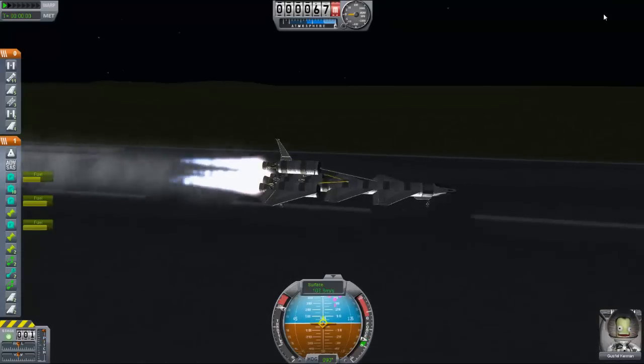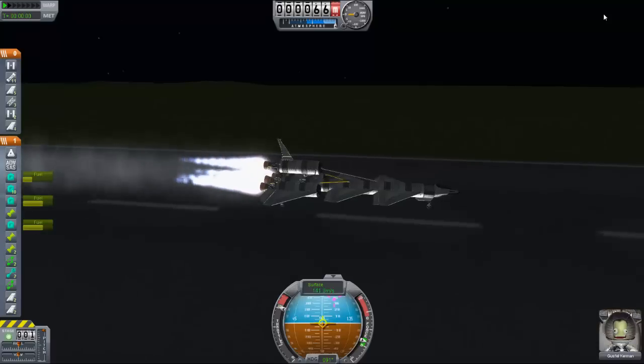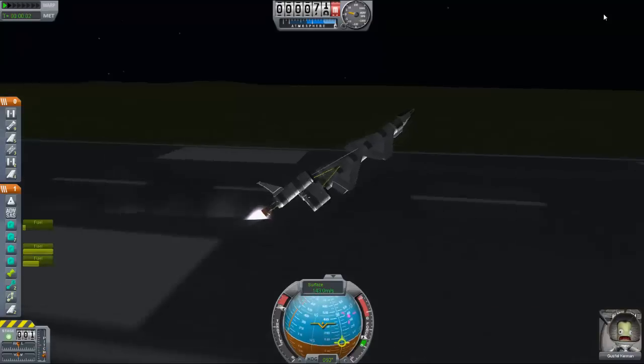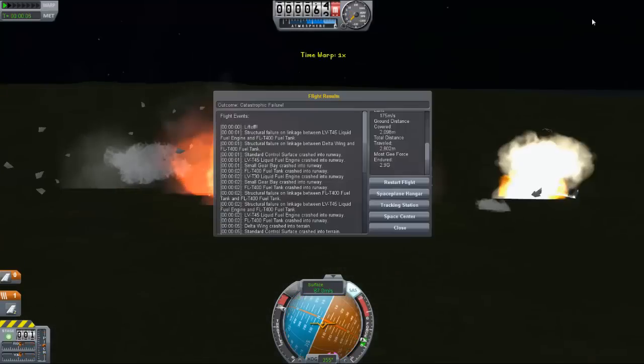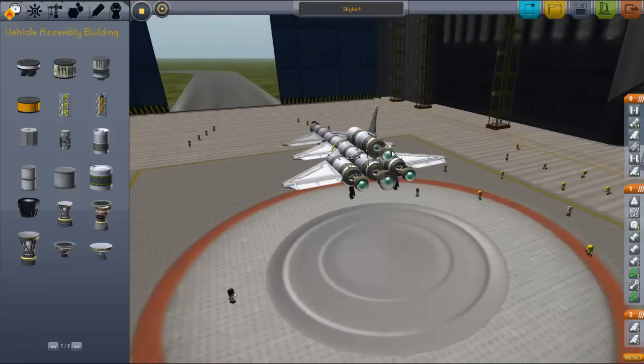It's funny how some of them go different ways. I don't understand why. Let's get the gear in. What happens? It just seems to be a bit heavy, doesn't it? Okay, tell you what, I'm going to remove these engines